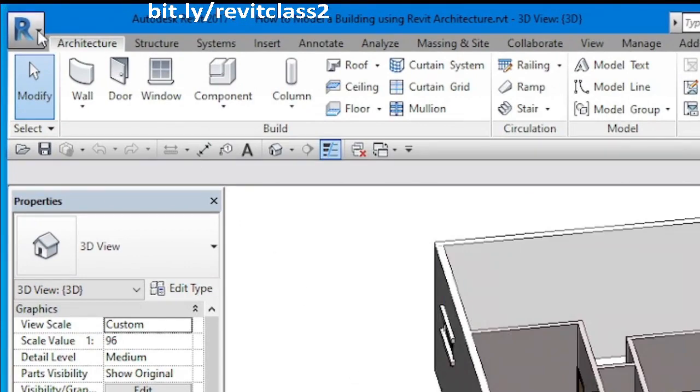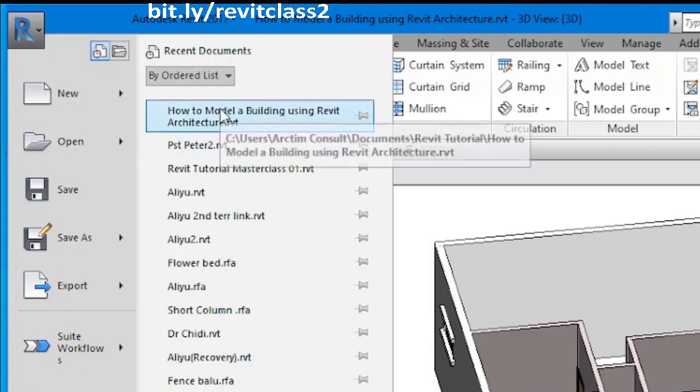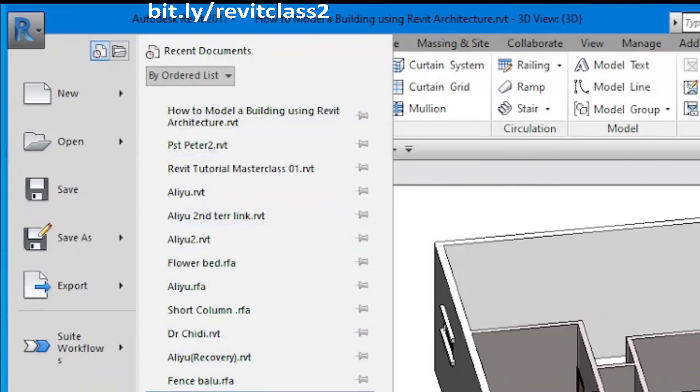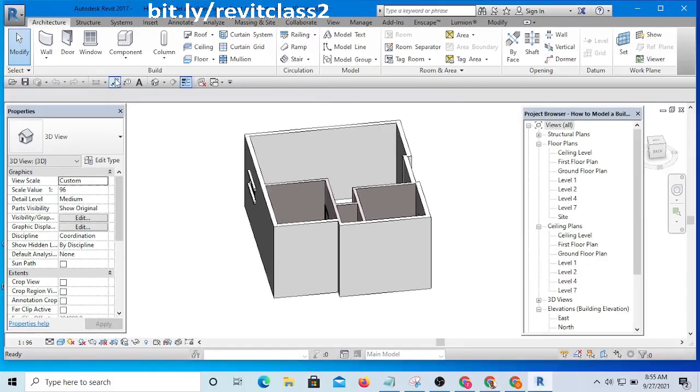If I click on this application menu, you will see that these are the projects I've been working on in the past, and this is one of them. This is the particular one I want to load window and door from. So I'm going to click on it to open it up